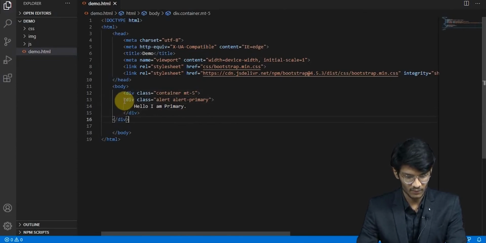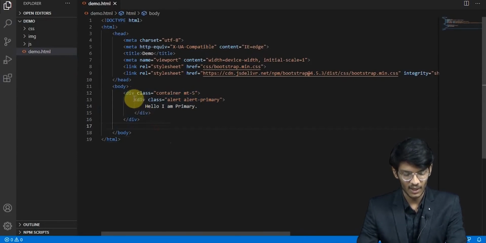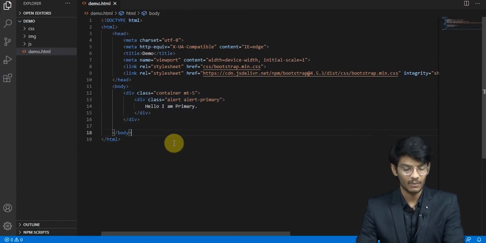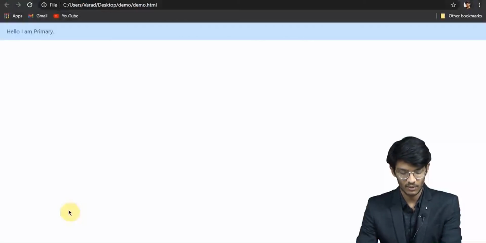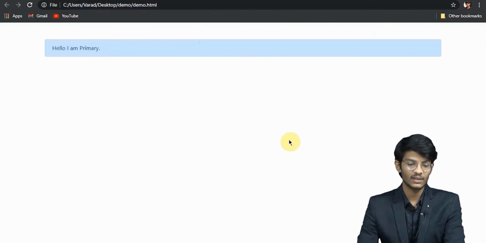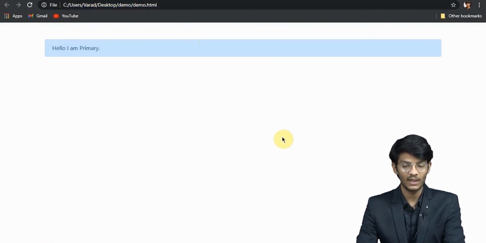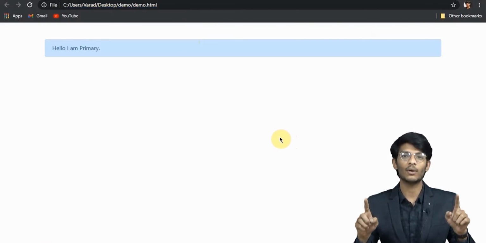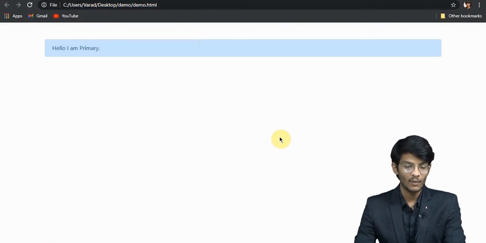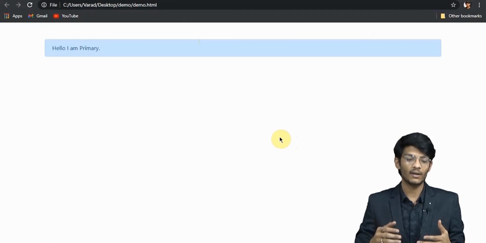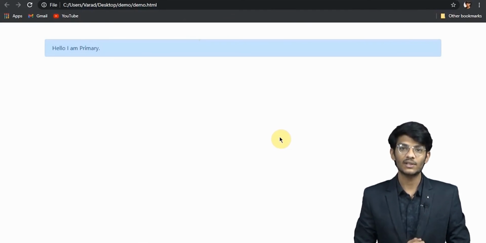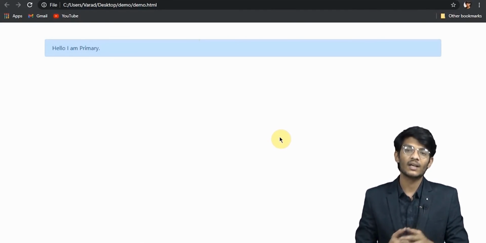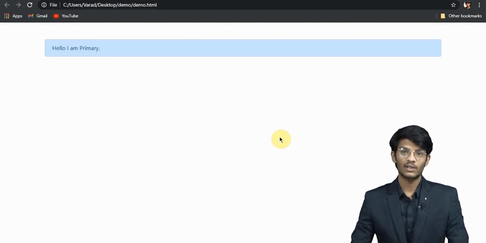Okay, so I have given a container, and in that particular container I have that alert-primary class. So now let's refresh it. So you can see "Hello I am primary" in a particular box, an alert box we can say, and we have various different kinds of alert boxes with those contextual colors we saw. So this was the primary.